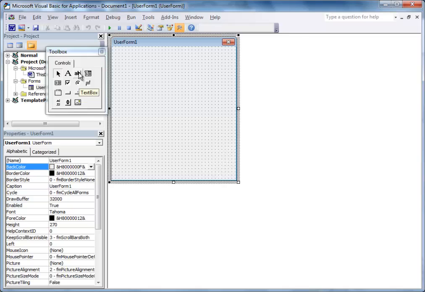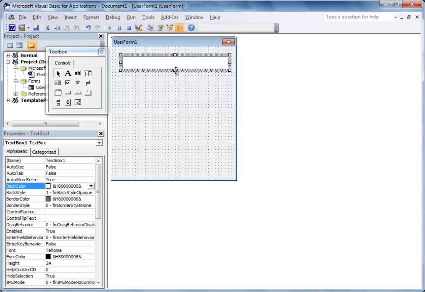Here, that's a text box. That's a label. Let me just use the text box. I just use a text box. Why not? That's my text box right there. I intend to use that as my display. And then let's get command button. It's called here. Okay, just exactly the way it is inside